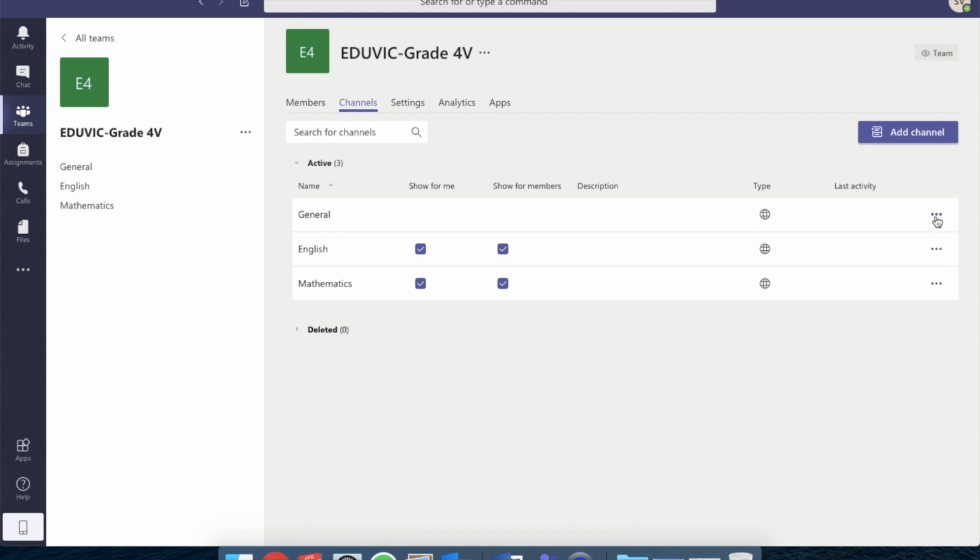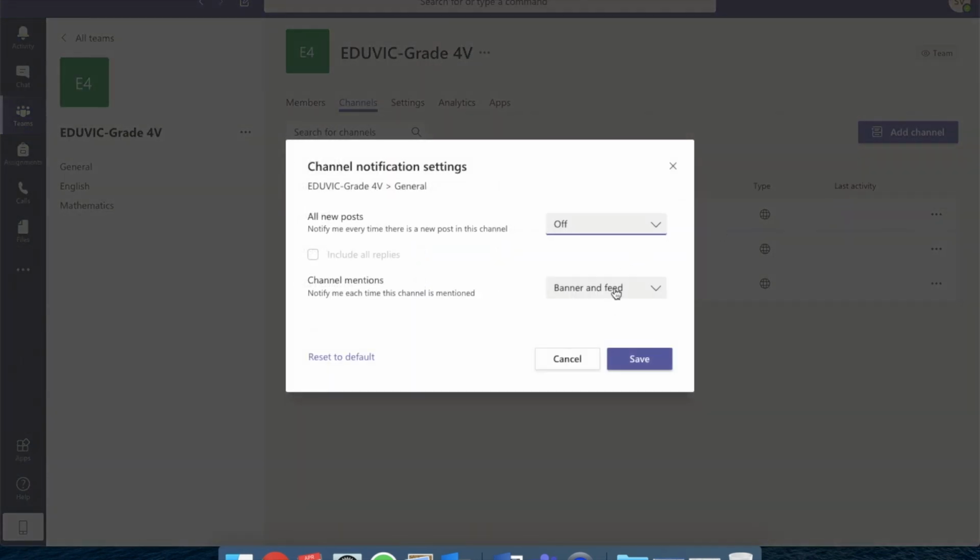All right. Let's go to the 3 dots. We're going to focus on notifications very quickly. What you want to do is you want to make sure that both of these are set to off. This will save you receiving thousands of emails throughout the term about activity within the Microsoft team you've set up. So for instance,